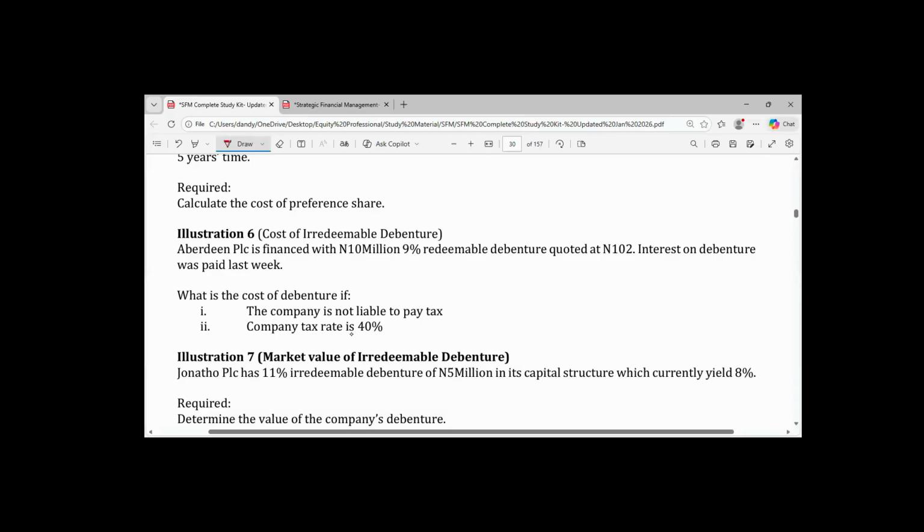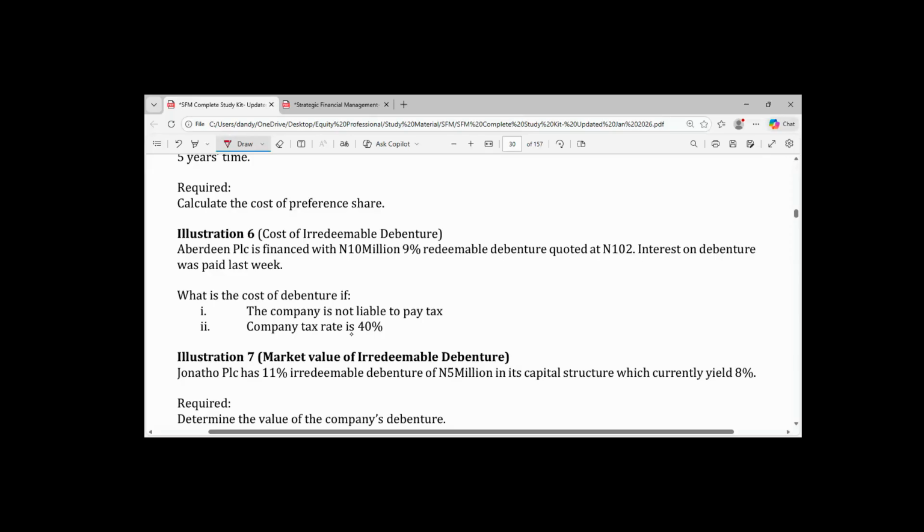It could be 10% premium over 100 naira. If it's at a discount, it means that it will be less than 100 naira. Okay? Now, we also said that debt will only be redeemable if and only if the maturity date or the redemption date is given in the question. Okay. And then anytime you are asked to calculate cost of redeemable debt, you are supposed to simply calculate